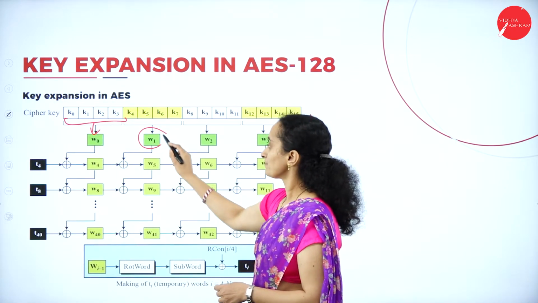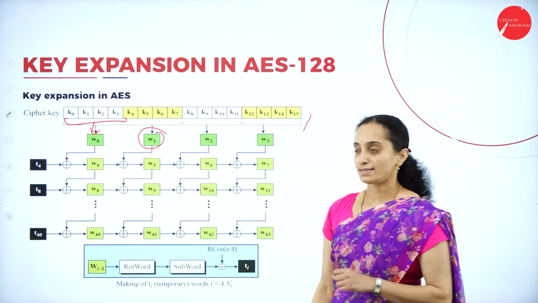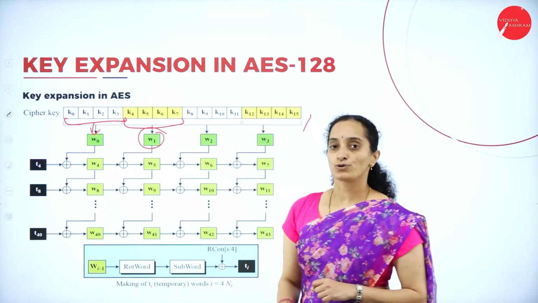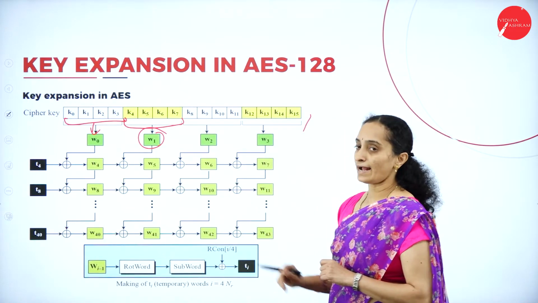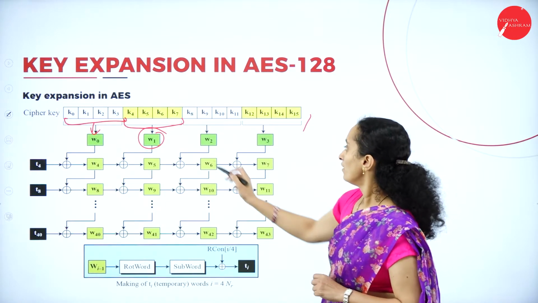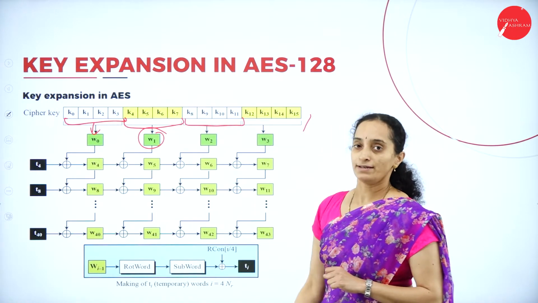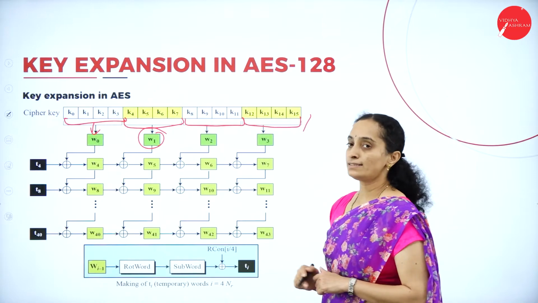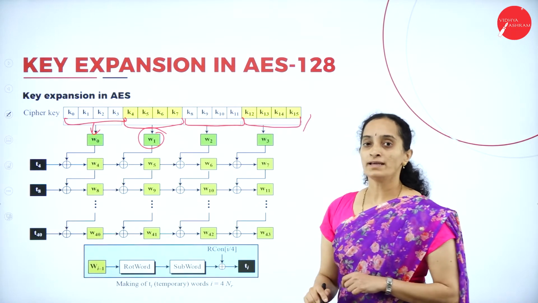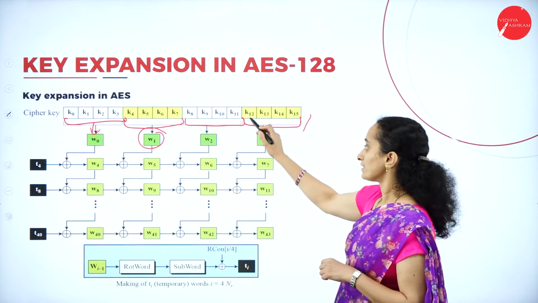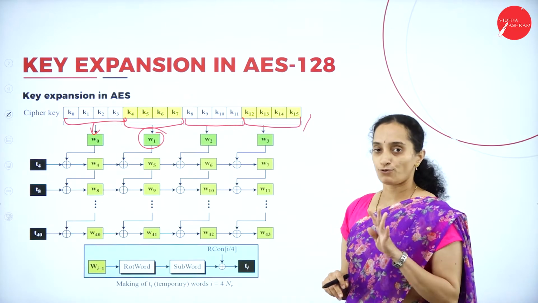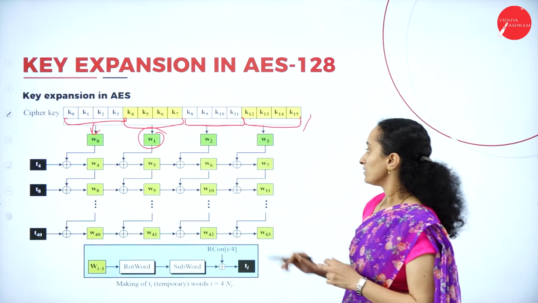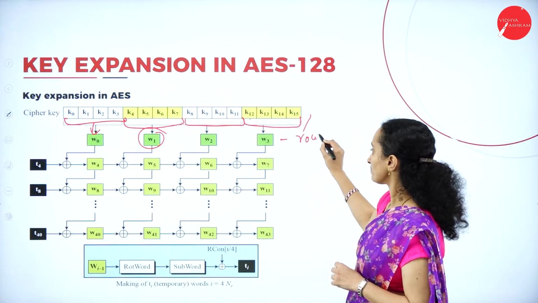Then we will add W1 as the next word from keys K4 to K7. And we add W2, that is word 2, from K8 to K11. Then the last word W3 is obtained from the last set of bytes, K12 to K15. These 4 bytes, K12 to K15, will generate word 3. So this is the first round,